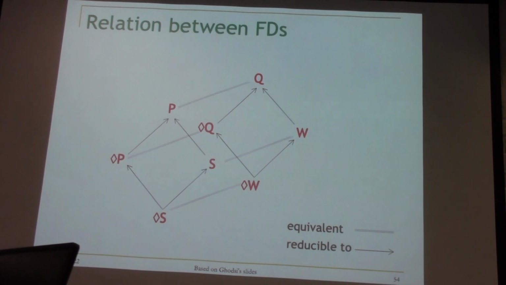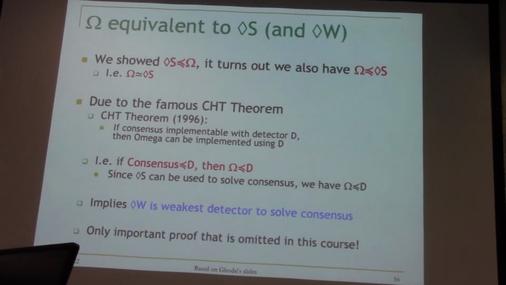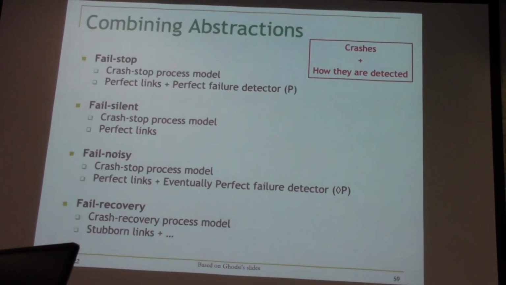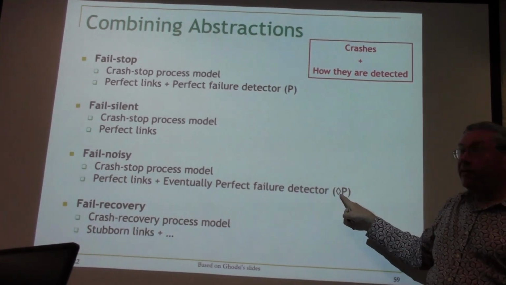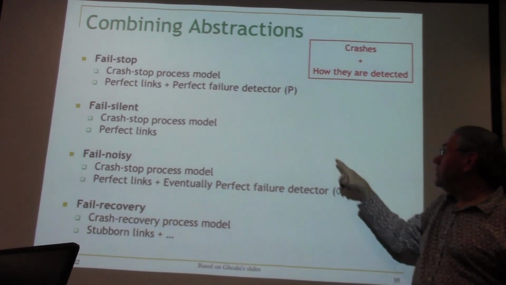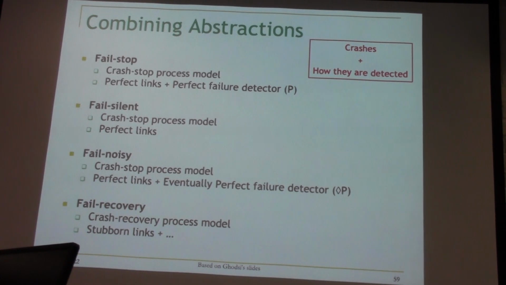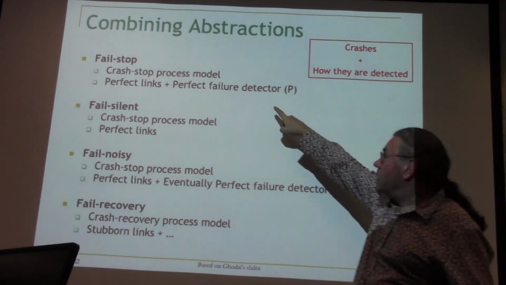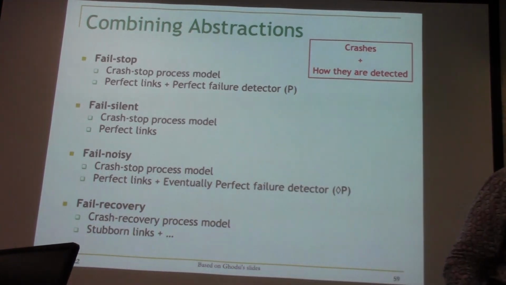All that, okay, this I'm going to skip. This discussion of omega. All that, and in the rest of the course, we're basically only going to talk about two of them. So these are the only two you have to really get, P and eventually P. So this is what we're going to do in the rest of the course. These are all the different things we're going to look at. Okay?